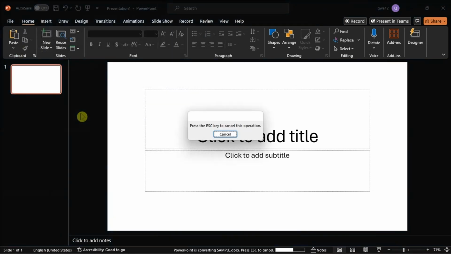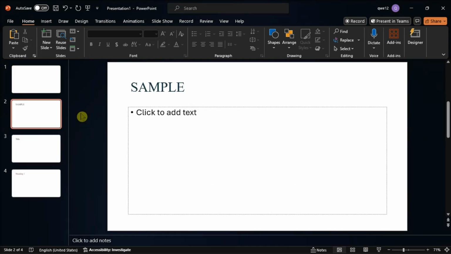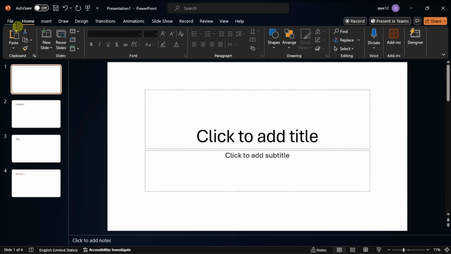Now after that, Microsoft PowerPoint will create slides based on your Word document, and you will see that every title you set with the headings appears on its own slide, along with its corresponding content, which you set with other headings. Now you can edit this PowerPoint, and after editing it, you can save the file by clicking the File